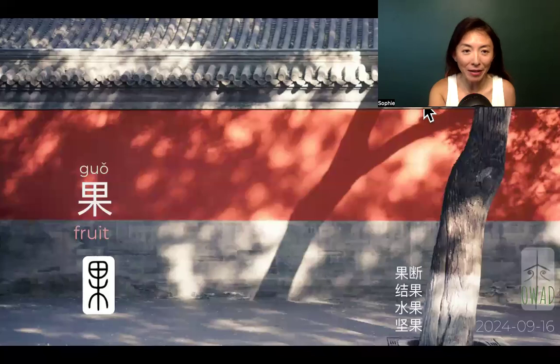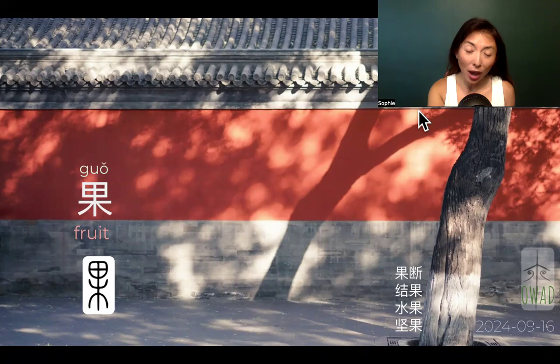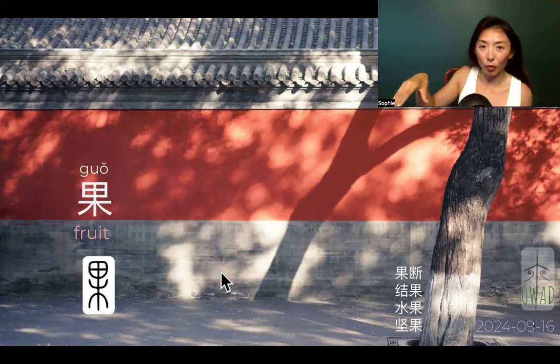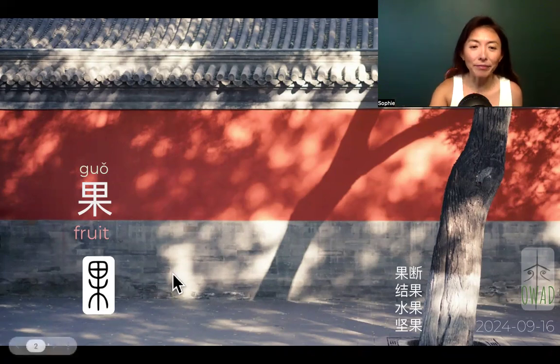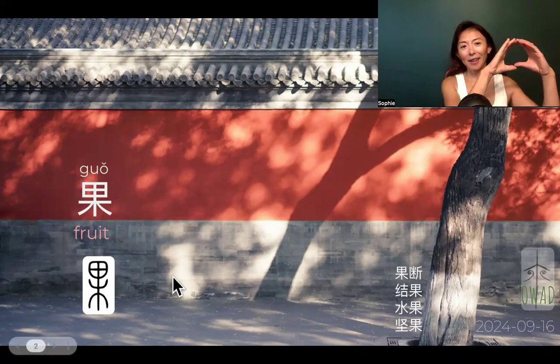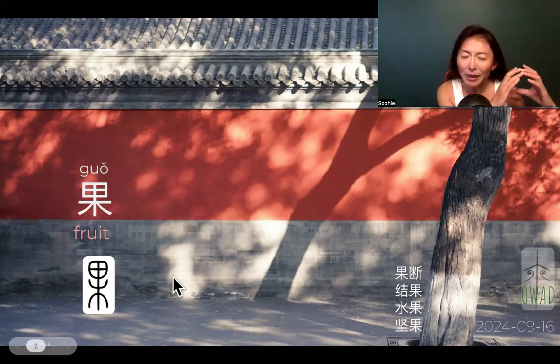Today's plant-based character is 果, fruit. So how does Chinese express fruit? Again, we have this tree or wood structure: canopy, root, connected with trunk. Very visual, very simple. Now, on the top of it, this almost like a box, semi-box,